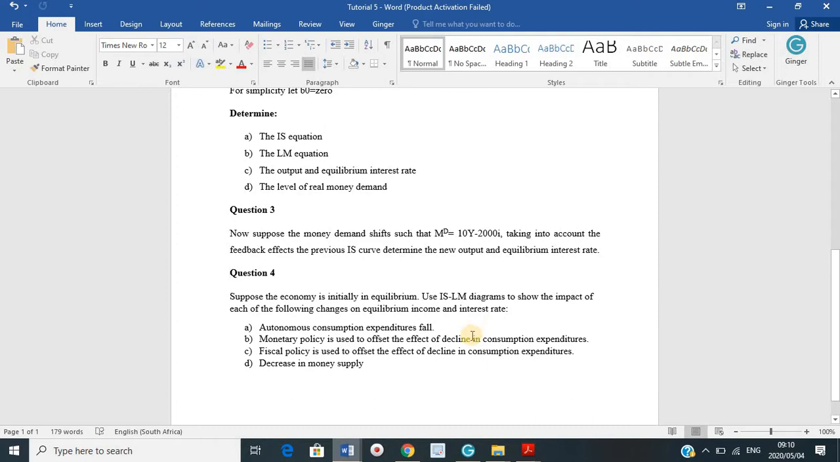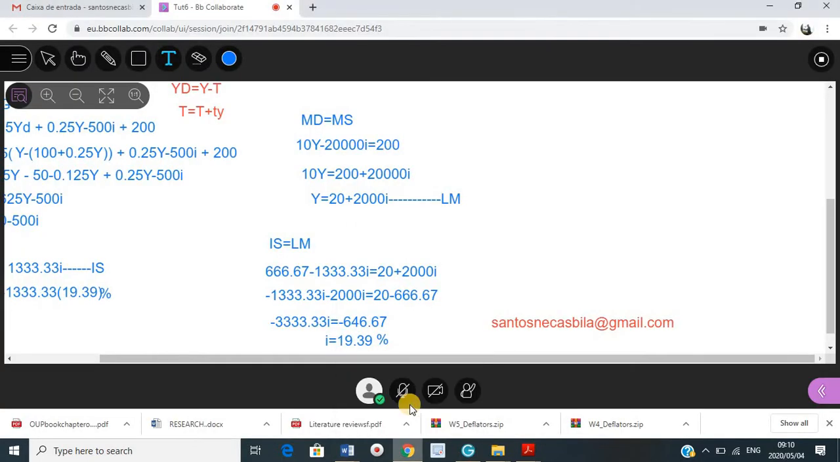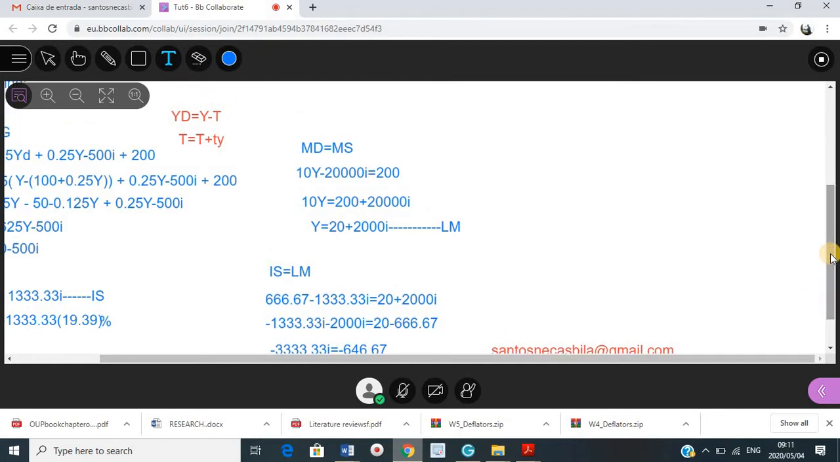If we say that we're taking into account the feedback effects, we are basically trying to say that we are not going to work out a new IS curve. We'll just take the same IS curve and work with it. So what we're going to do here is work out a new LM curve. In other words, we are going to say that our MD is equal to MS, right? And we know that our MD is 10Y minus 2000I. This should be equal to